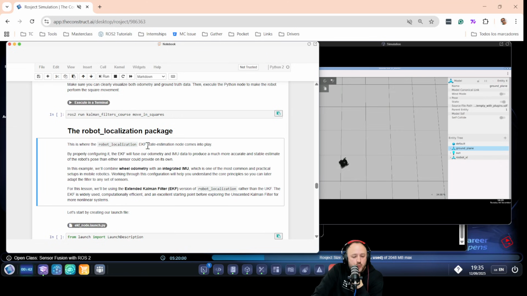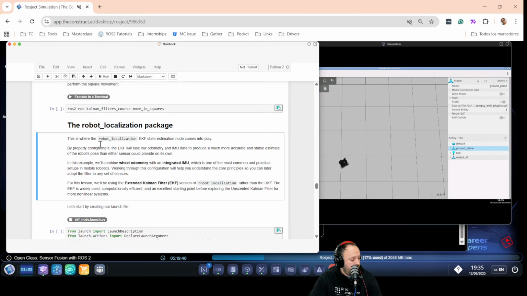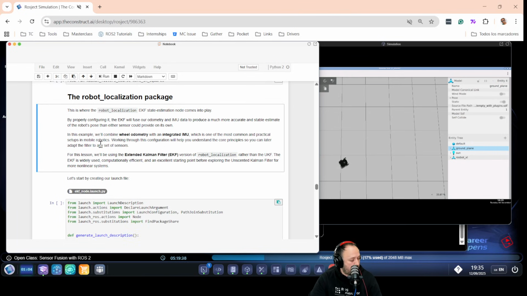So we are going to use this robot localization package, which is already created, so we don't have to reinvent the wheel, and we can use it very easily by just creating a launch file and a configuration file, okay? And configure some parameters for this Kalman filter to work properly, yeah? Then this is what we are going to do now in order to improve our